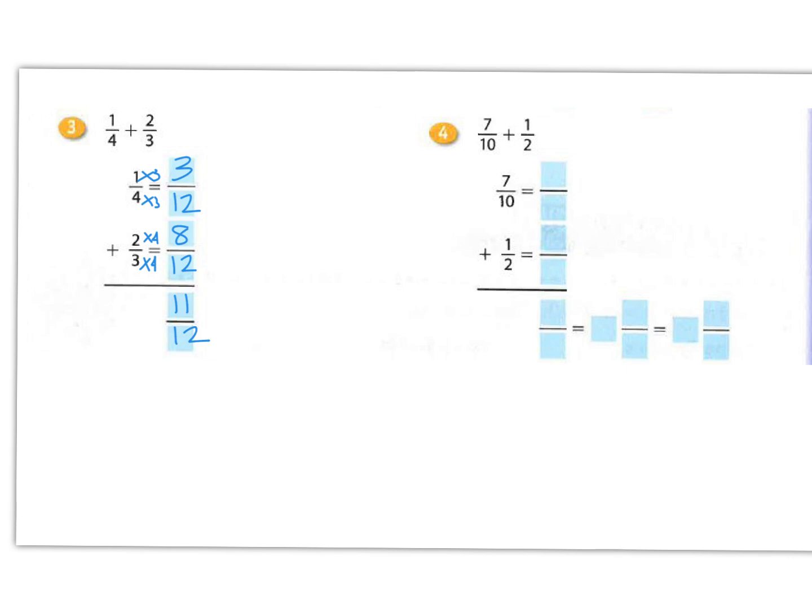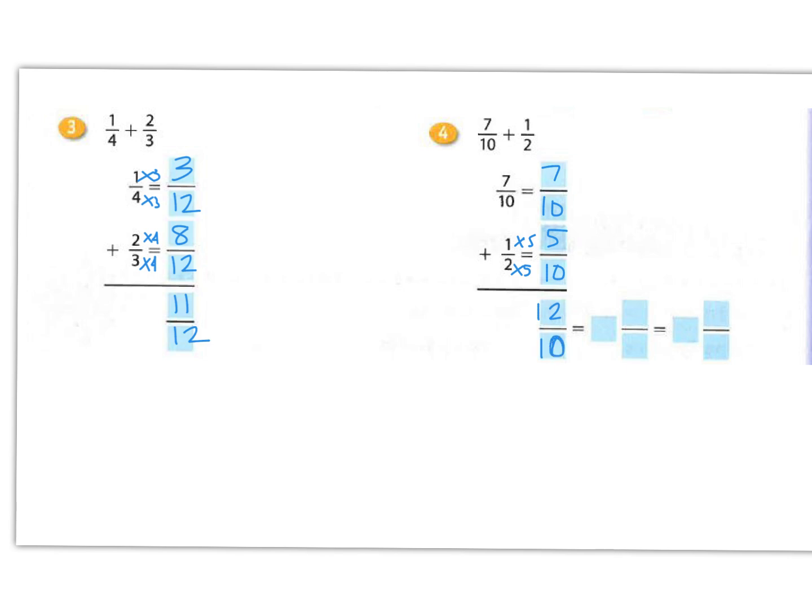All right, here I have 7/10 and 1/2. Quickly, I want to look at this: if I don't have to change both fractions, I don't want to. So I'm going to keep 7/10 because I know that 2 goes into 10. So I'm just going to make it tenths. So I would do 2 times 5 equals 10. 1 times 5 equals 5. So then I have 7/10 plus 5/10, which equals